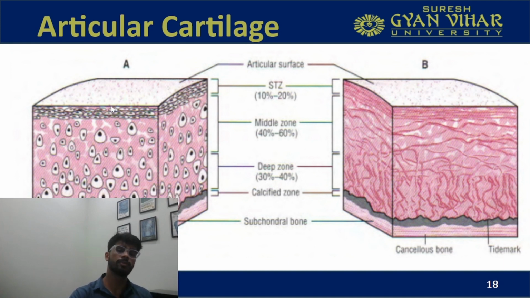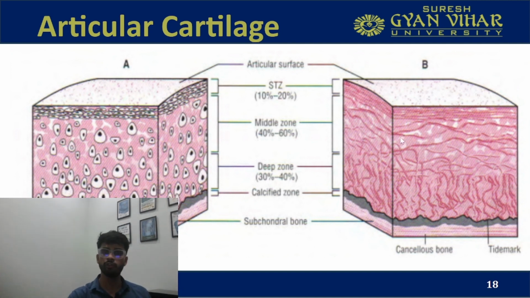They are densely packed because this is the structure which will be experiencing the majority of the compressive force. So here cells are very densely packed. And also if you see, their orientation is actually horizontal, but once you go to this middle zone, deep zone, their orientation becomes vertical, and they are present at a good amount of distance in order to accommodate the glycosaminoglycans. So here glycosaminoglycans will be present, which will imbibe the structure and hence will provide the shock